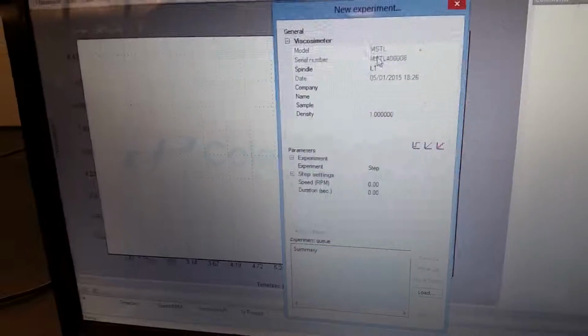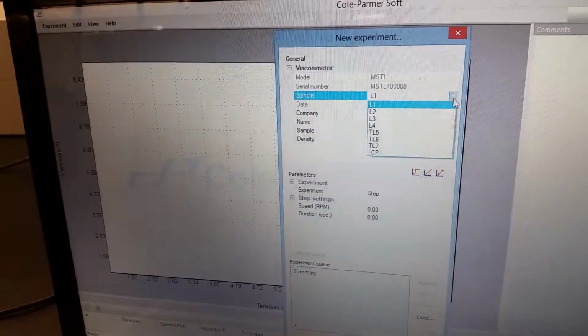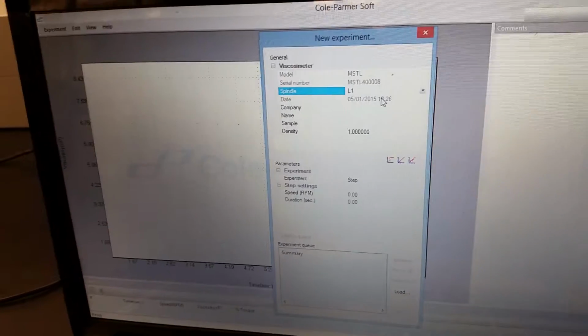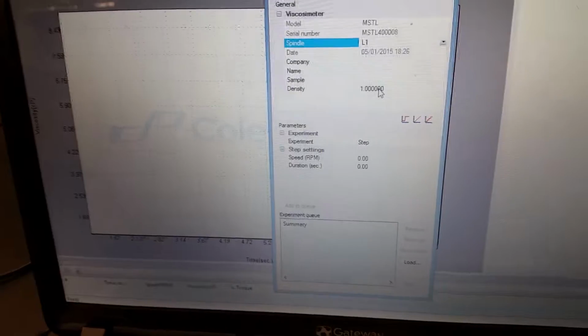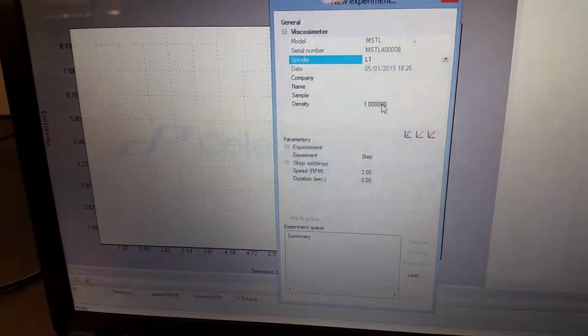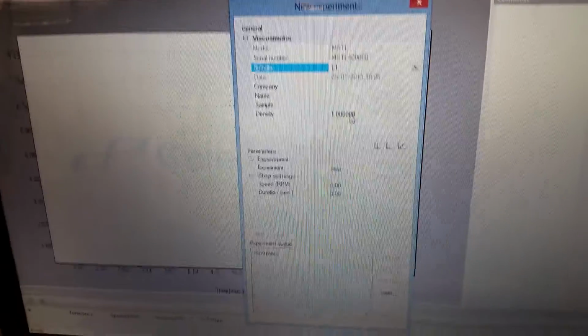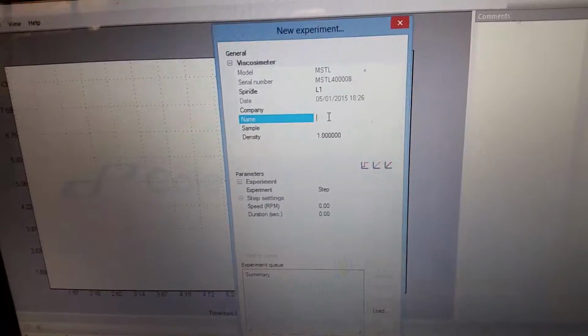So there are a couple of things you need to set up before you start. The first thing is the spindle type. There is a choice you can make. I'm going to be using spindle L1, and for the density you have to keep that the same, unless in your experiment you are going to be comparing densities, then you can change it, but you can leave it at 1. And you can name your experiment, maybe say experiment 1,